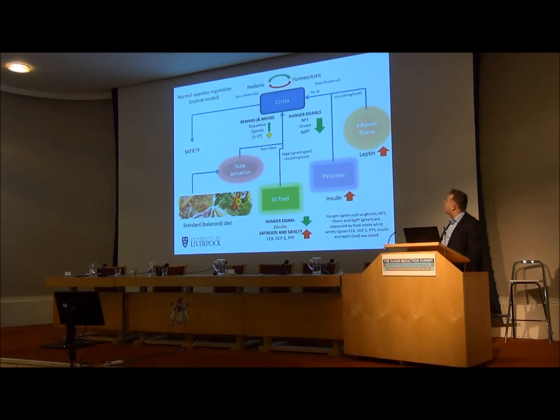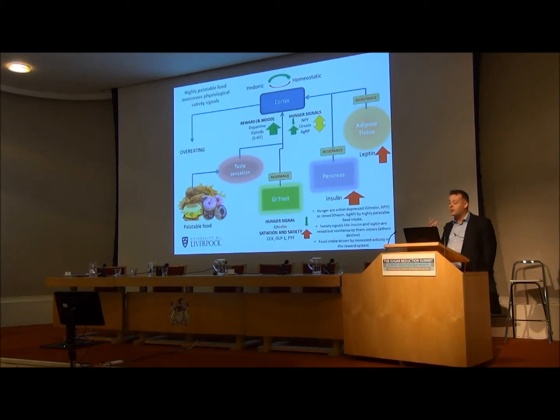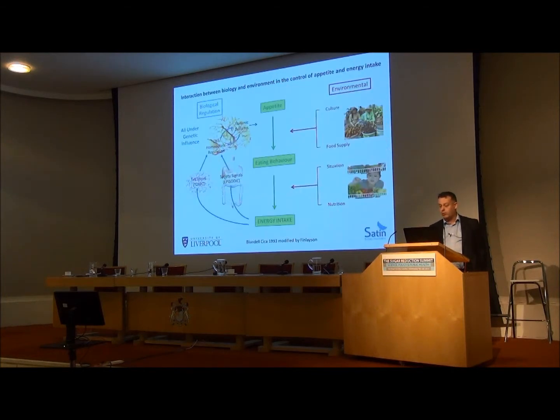The reward centres respond to that food. But look what happens when you're chronically exposed to those foods. What you get is a downregulation of hunger signals such as ghrelin and NPY, but you're getting an upregulation in the brain of hunger signals of orexin and AgRP. You're also becoming resistant to a number of these signals coming into the brain. And then what happens is the balance between the hedonic and the homeostatic systems gets out of whack, because dopamine and the opioid systems associated with liking and wanting are upregulated.